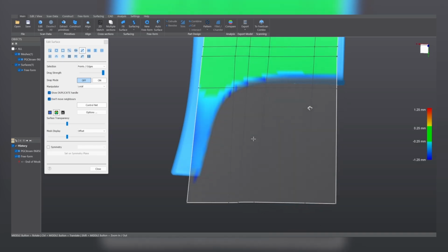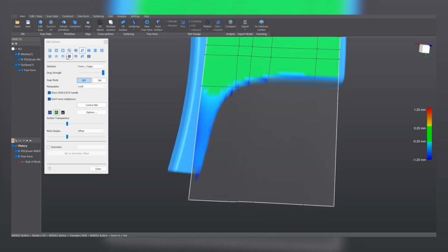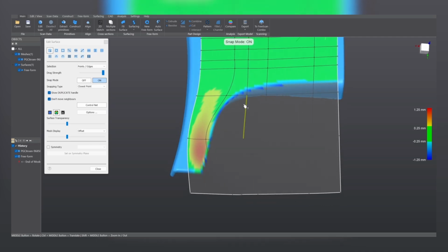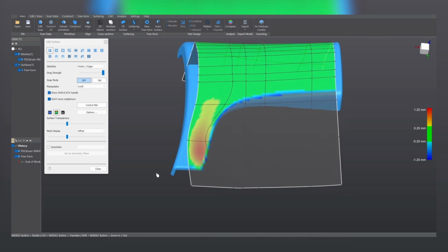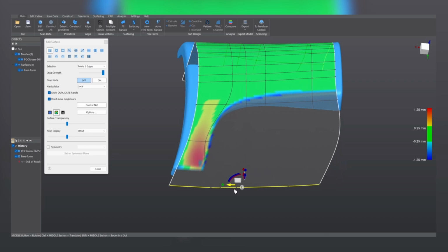Let's extrapolate it till here. Let's actually give it some extra resolution there. Sorry, let's select Edit, Manipulate, click on this edge and split this face. And now update the view. First, with the snap mode on, we can adjust the points that are onto the mesh, like these ones. And now for the points that are not onto the mesh, we turn it off and we adjust them manually. Actually, let's move the entire edge to the left,